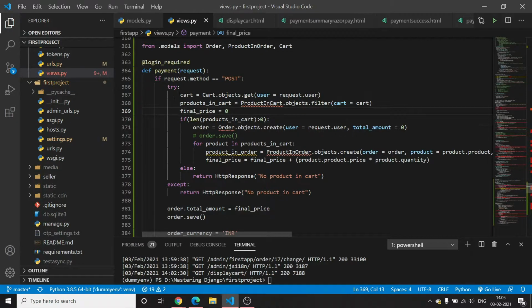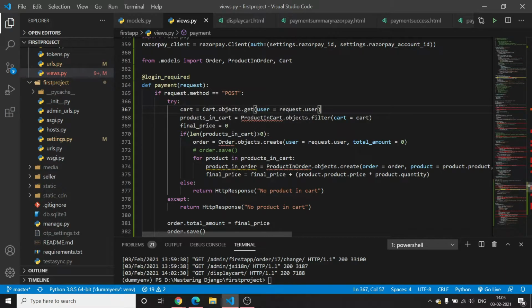And also if there is no cart object in the database, then also it will return no product in cart. Because if the user has not pressed add to cart till now, not even a single time, then his cart will not be made in our cart table. And if the length of product in cart is greater than 0, then I will create a new record in our order table, which is